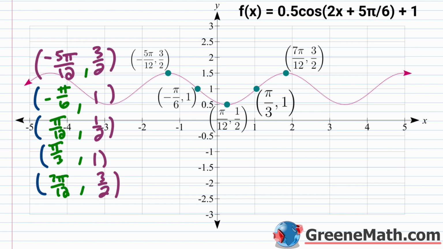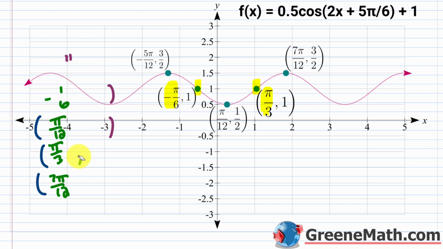comma 1. So you want to focus on this one right here because this x value is where you're going to have your vertical asymptote. It's always going to be a quarter of the way through. And then midway, you have pi over 12 comma 1/2. And then this one right here is 3/4 of the way through. Again, that's where you're going to take this x coordinate of pi over 3. You're going to have a vertical asymptote there. You're 3/4 of the way through. So pi over 3 comma 1, and then you're going to the end of the cycle, so 7 pi over